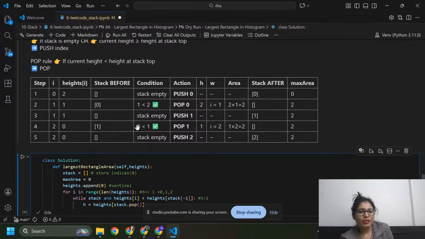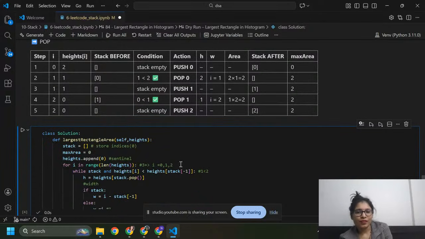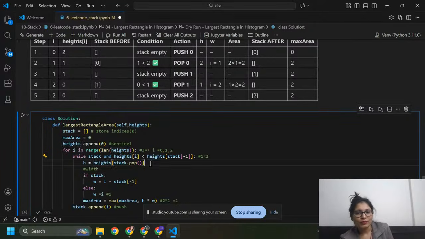We are going to check this condition: height of I is less than height of stack minus 1, that is 0 is less than 1. Yes, this condition is true, so we remove 1, because I added 1 after 0.